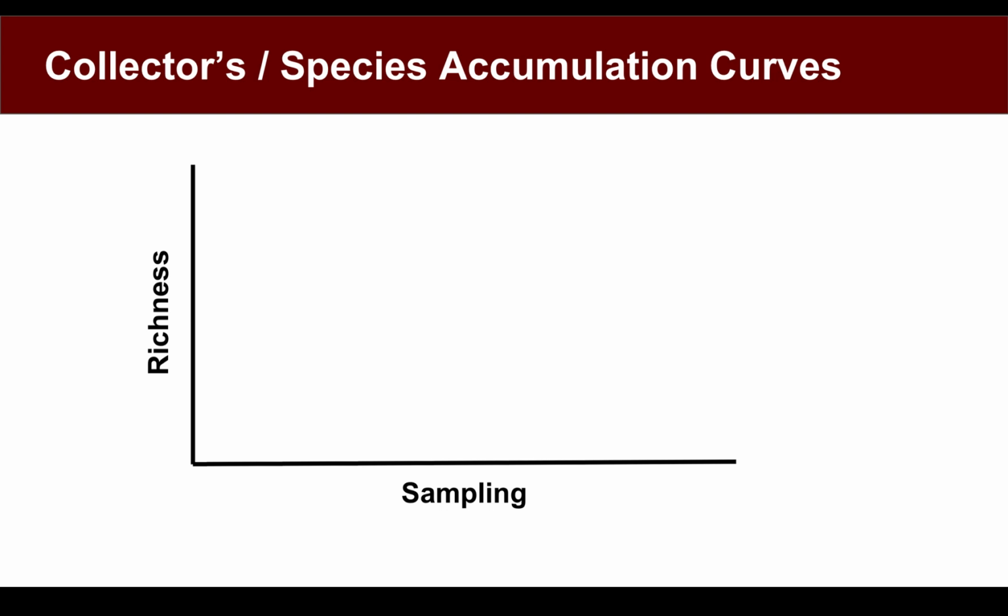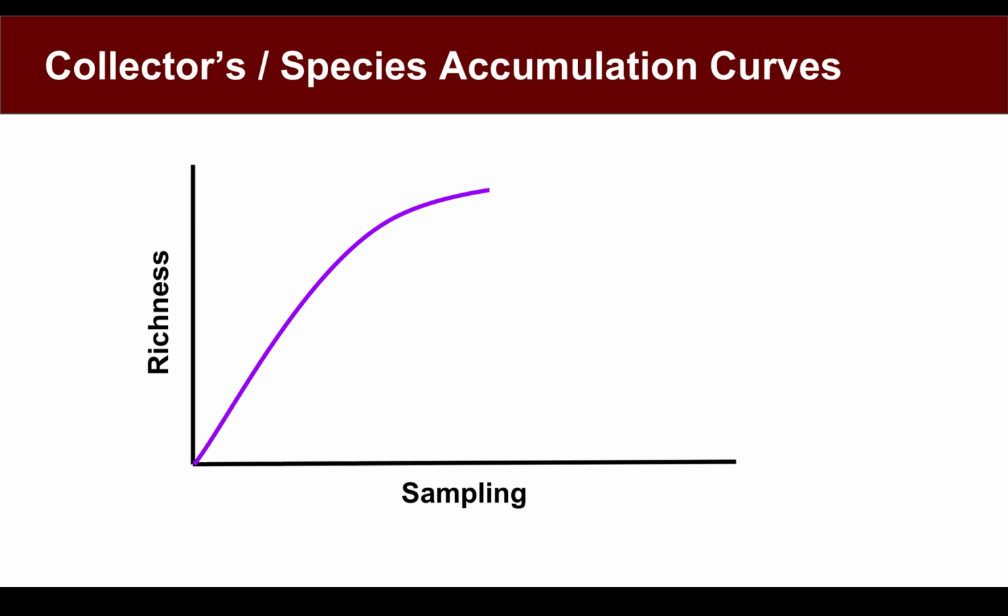Let's imagine we're going to a particular locality and collecting fossils, and we're ignoring anything that was collected there before. In our first field season we would find that every time we pick up a fossil, there's a pretty good chance it's a new species. So we would end up with a relatively steep curve: as we add samples, add fossils, going left to right, we've got a good chance of finding a new species every time we do it. But as we go back perhaps in successive years, we start to find that we're just finding the same things over and over again.